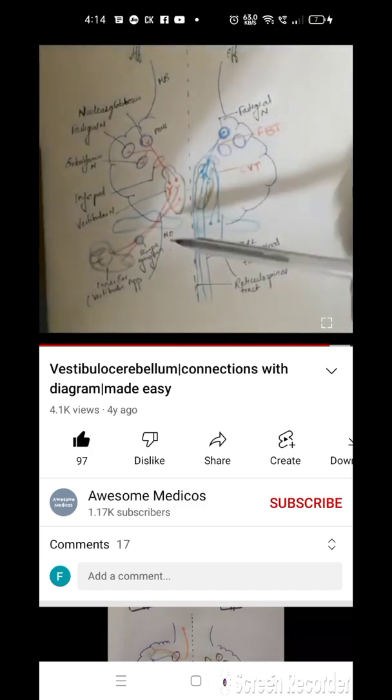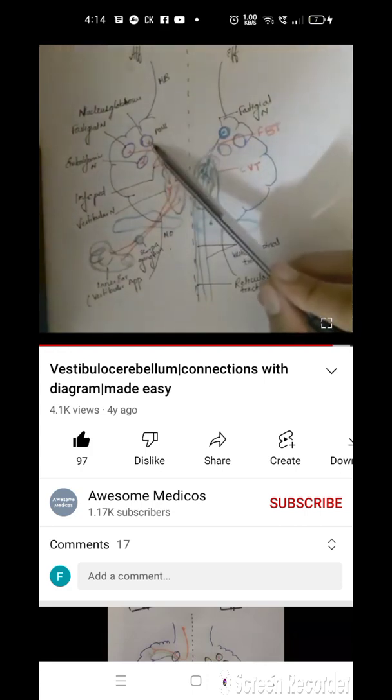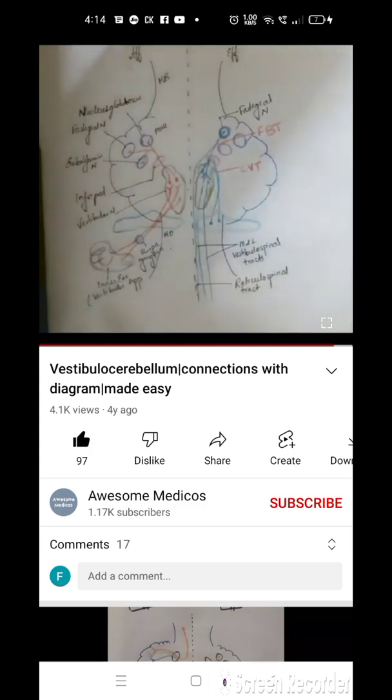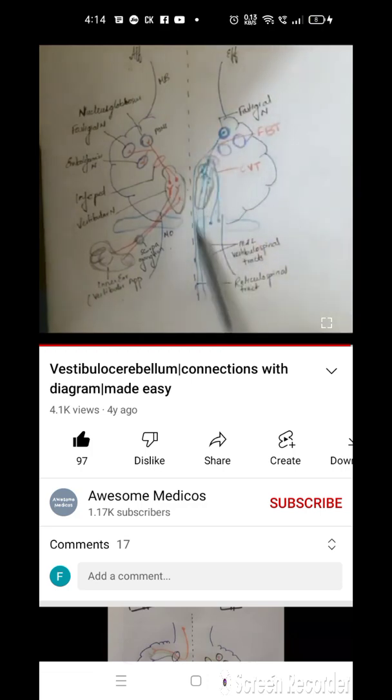Let's quickly revise. We have seen the afferent tracts beginning from the vestibular nucleus, passing through the inferior cerebellar peduncle of the same side and ending in the cerebellar nuclei. And then from the inner ear vestibular apparatus, you have the fibers coming through the vestibular division of the 8th cranial nerve, passing through the Scarpa ganglion and ending in the vestibular nucleus. Coming to the efferent tracts, the first was the cerebellovestibular tract, which begins from the flocculonodular lobe, passes through the inferior peduncle of the same side and ends in the vestibular nucleus, and then continues as the medial and lateral vestibulospinal tracts. Coming to the fastigiobulbar tract, beginning from the fastigial nucleus and then passing through the inferior cerebellar peduncle of the same side, ending as reticulospinal tract and